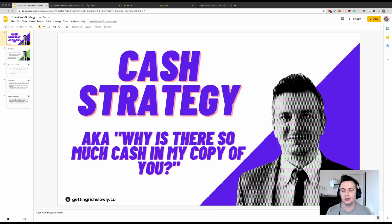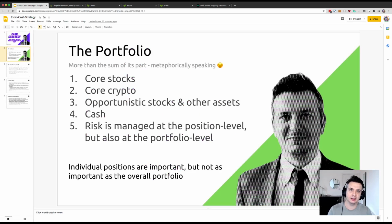So I wanted to talk about cash strategy and why it's important as a part of my strategy to have some cash in the portfolio. All right, so just for a moment, looking at the portfolio overall, the individual positions in a portfolio are important, of course. These are the bits and pieces of the puzzle, the parts of the machine that are used to make money, but they're more than that as a whole. So obviously the portfolio is a sum of its parts, literally, but metaphorically speaking, it is more than that,